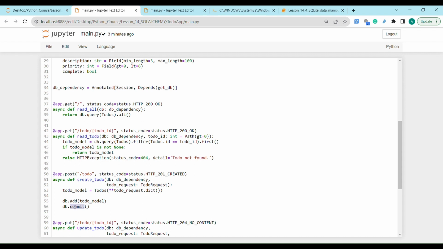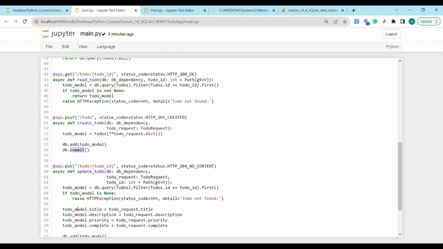And the final and most important thing is, in order to have all the changes inside the database in place, you need to make sure to use the db.commit command, which is going to make the change in the database. The other thing is the put one. When we want to update something using the to-do ID, again with the help of the to-do ID,